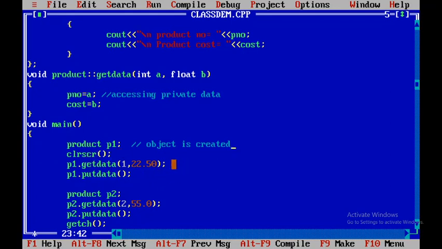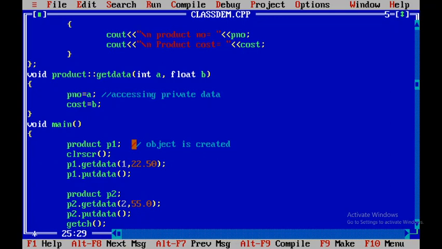P1.getData, we are calling the member function. We want to assign the product number and cost. Every object will have all the members of the class. Whenever I declare object P1, that means my product P1 will have a product number as well as a cost.